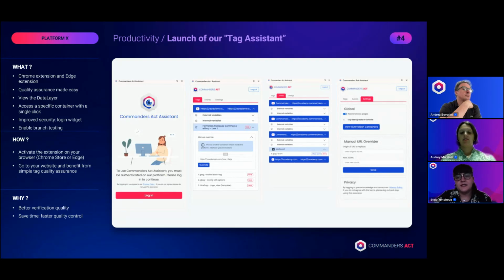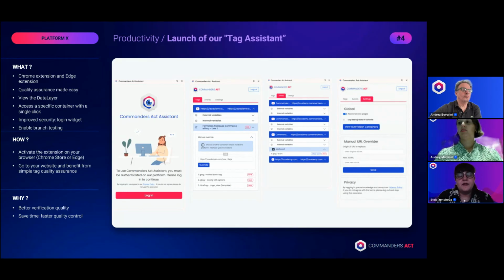You can access a specific container that you would like to access on a specific page. We have the login also, which is available. That means no one can actually use the tech assistant to check your website if they don't have access to the website or to the site inside of our platform.